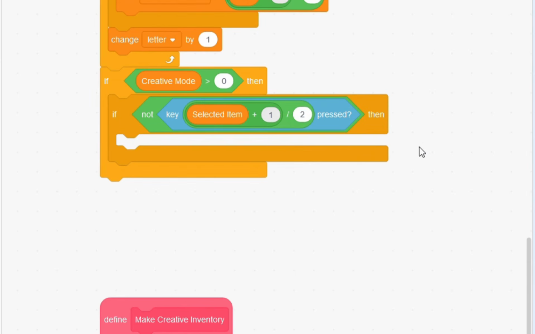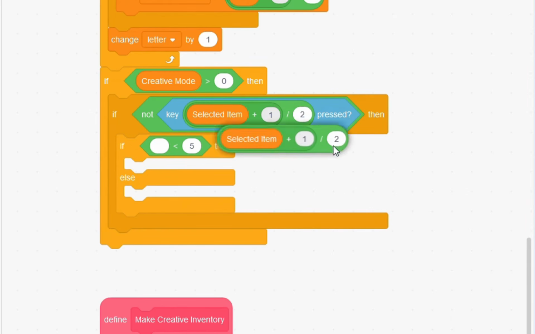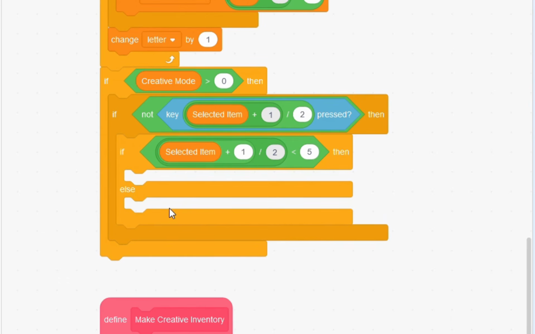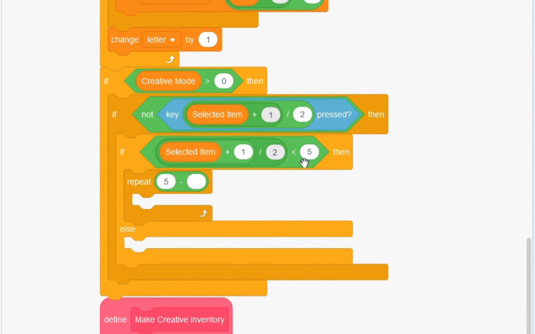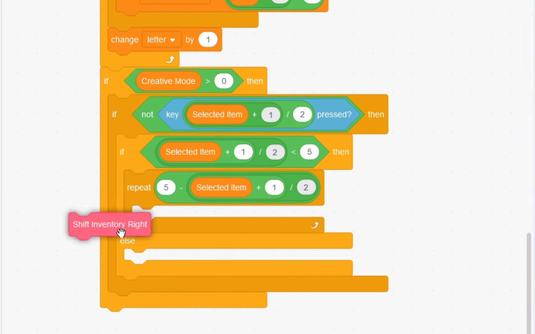Well, we always want to scroll, so our selected item is at 5, but we only want to do it when we are not pressing that key, so we don't have any issues with holding down the key. We can check with an if-else. If this is less than 5, less than the middle one, we'll want to scroll to the right. Otherwise, we'll want to scroll to the left. And so we repeat 5, which is our target, minus this. So the difference between the center slot and the current slot, that's how many times we repeat,